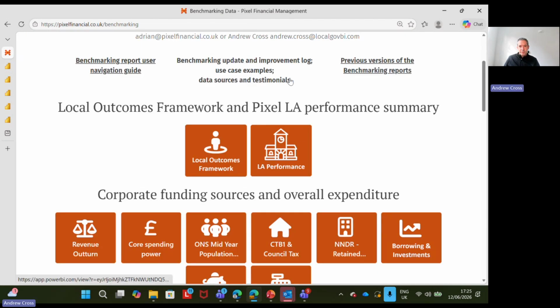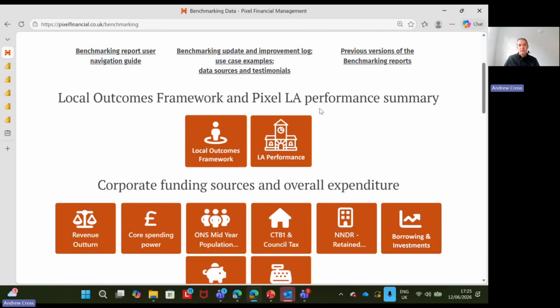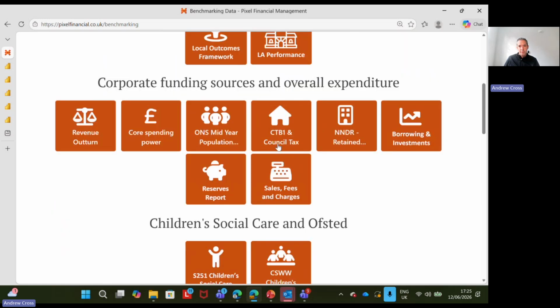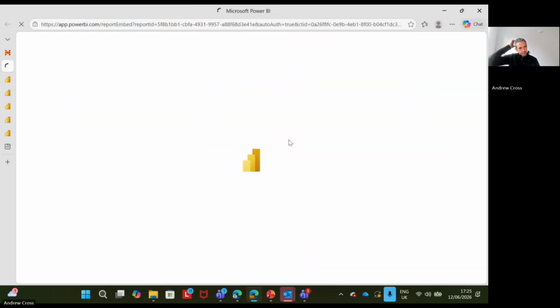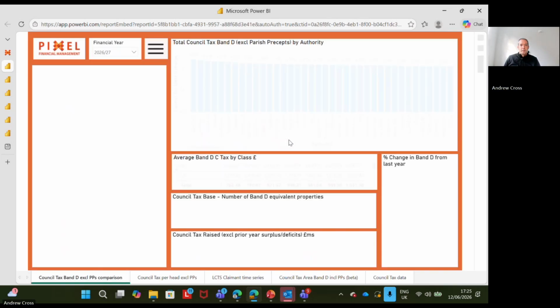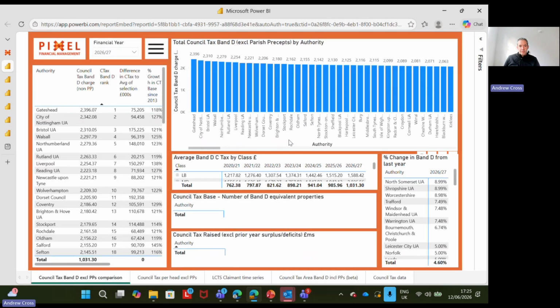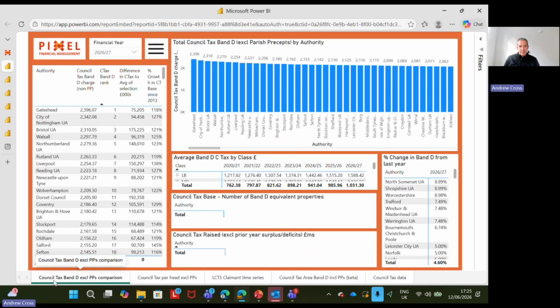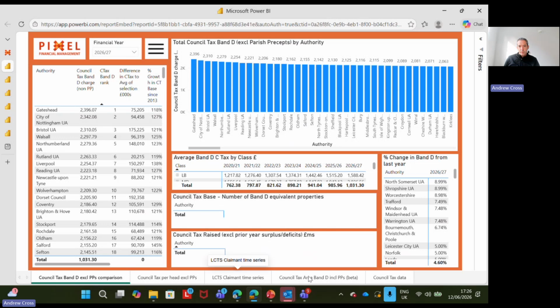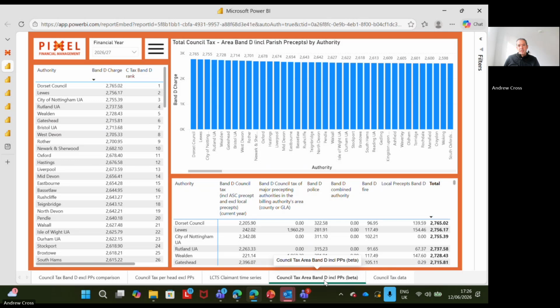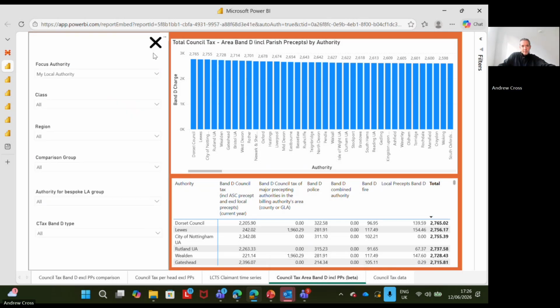Now, the last couple of things we're going to look at today are an extra report we've added for council tax. So a page where we have the council tax band D excluding parish precepts. So we've had that for quite a long time. One of the things which we've recently added in is one which includes the parish precepts. So as an example,